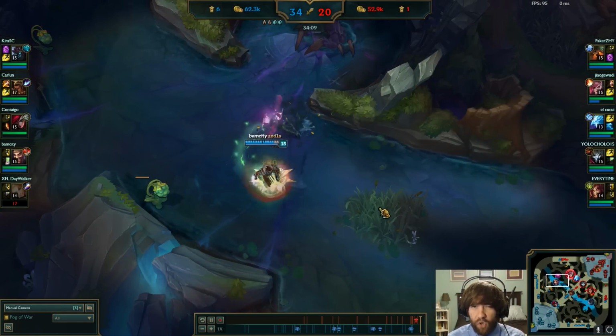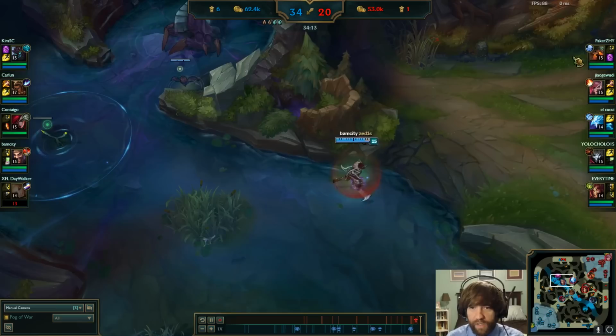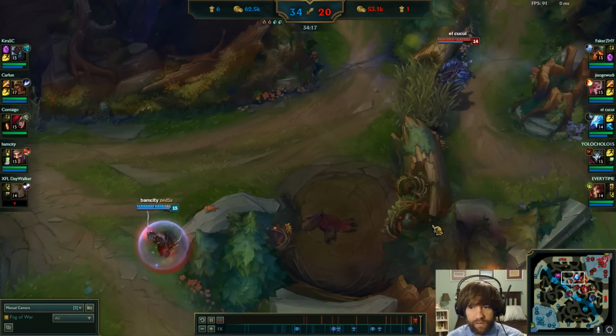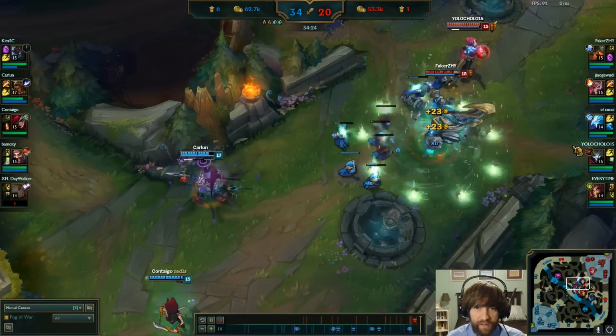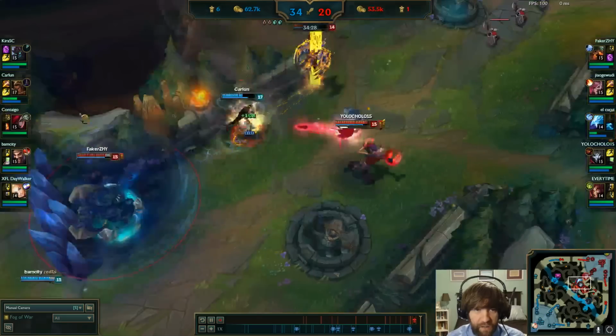People just don't have a lot of sense of danger of darkness, so they will just walk up, not even thinking there might be an Anivia or a Zyra in this bush. Has no concern. He's just thinking they're really far ahead, but that doesn't matter because there's a lot of people that can kill him on the team. So if you would have come over here...